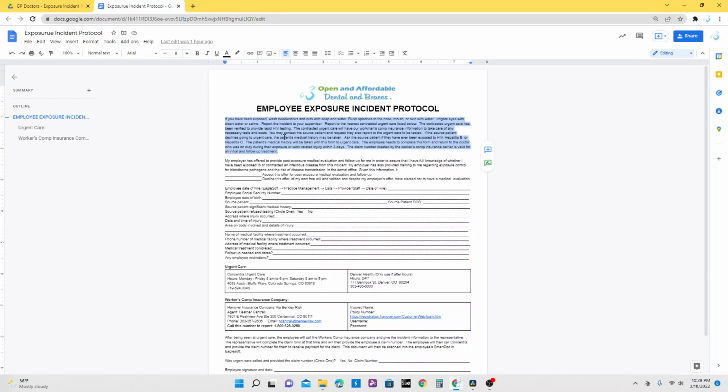So first thing is, after this video, make sure that you go to your owner doctor and physically find where this protocol is, or where this sheet is, so that you're not rushing and trying to find it. There should either be physical copies in the office, or you should be able to find copies electronically through Google Drive, and it's shared out to each office, okay? And it's going to be called Exposure Incident Protocol and then your office name, okay? So up here are the instructions on what